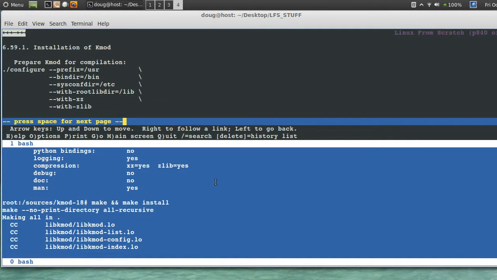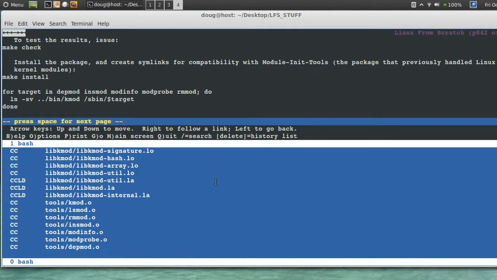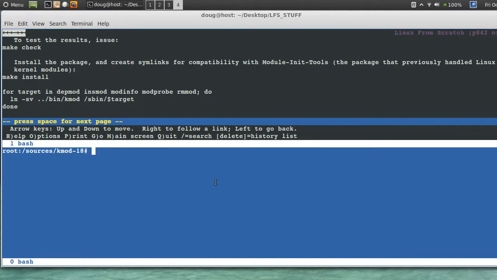Kmod doesn't take too long, does it? Make install. I've got a for loop to do. For target in depmod, insmod, lsmod, modinfo, modprobe, rmmod, do